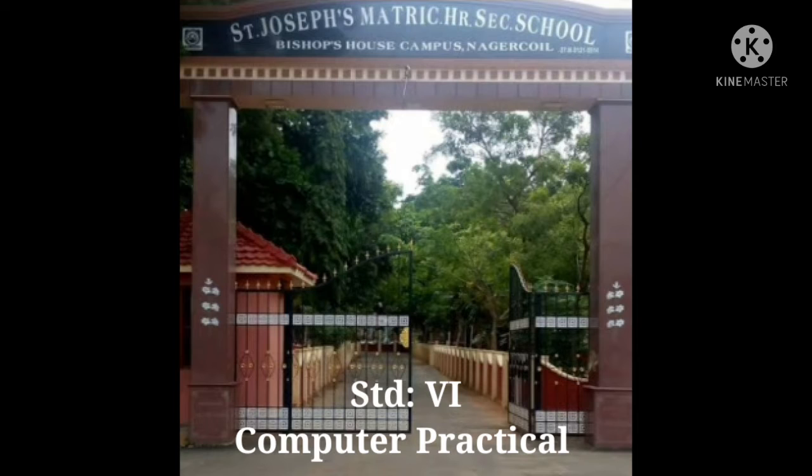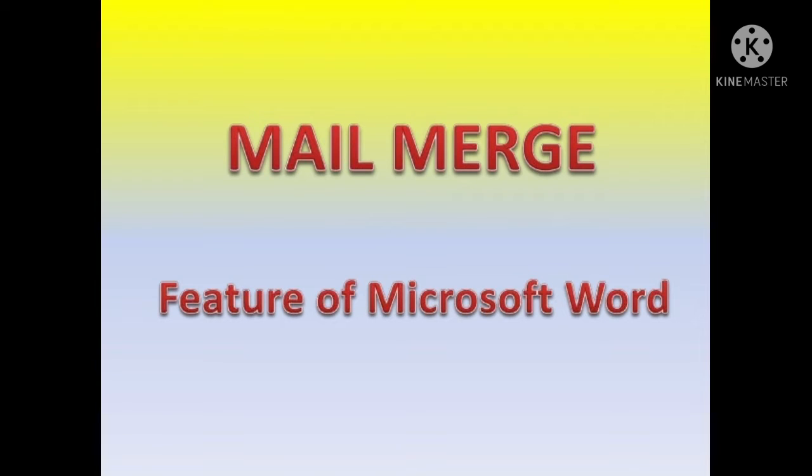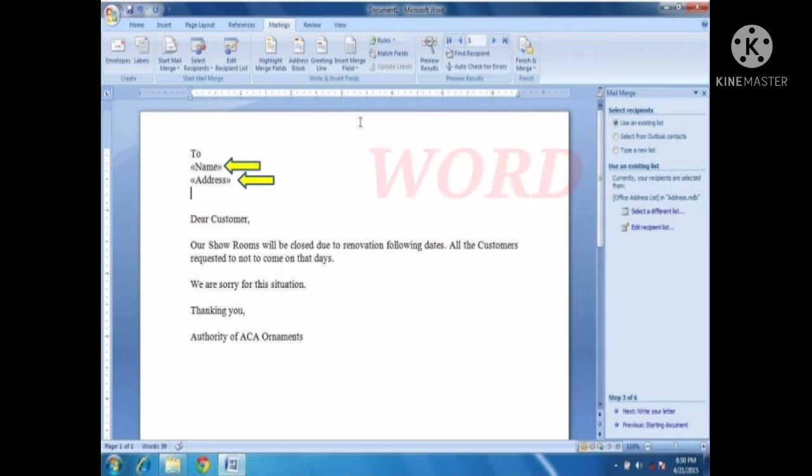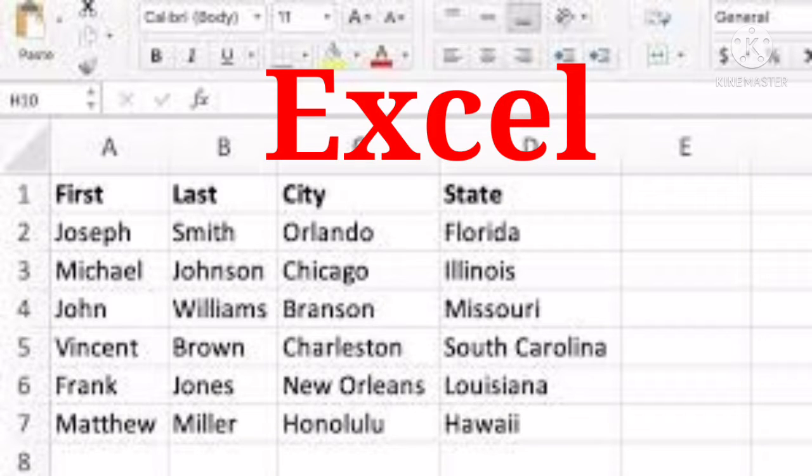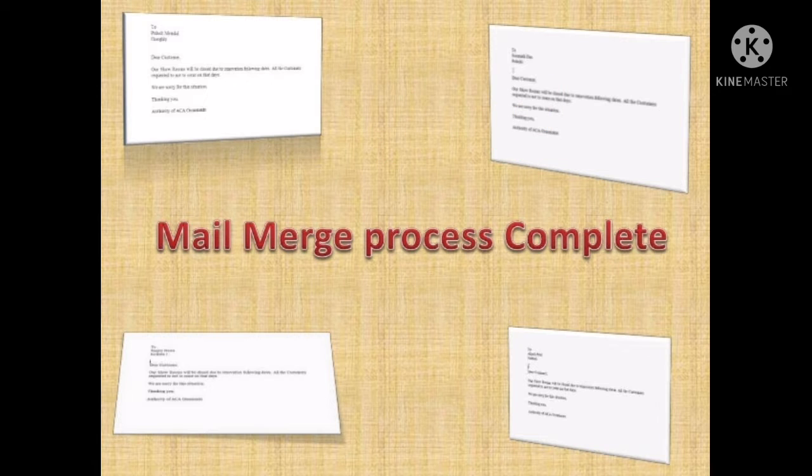Welcome to practical session. Already we know about mail merge, which is an important and useful feature of MS Word. Mail merge is a handy feature that incorporates data from both Microsoft Word and Microsoft Excel and allows you to create multiple documents at once, such as letters, saving you the time and effort of retyping the same letter over and over.